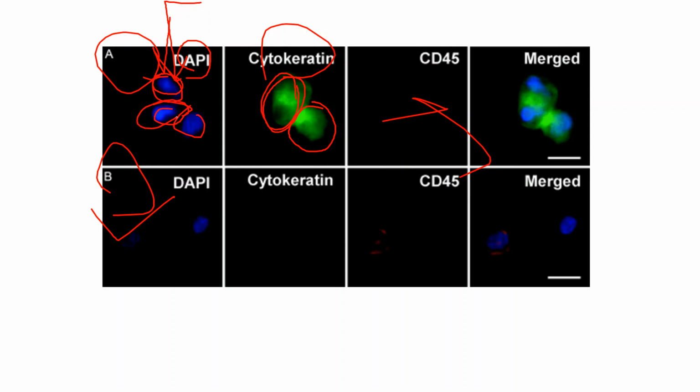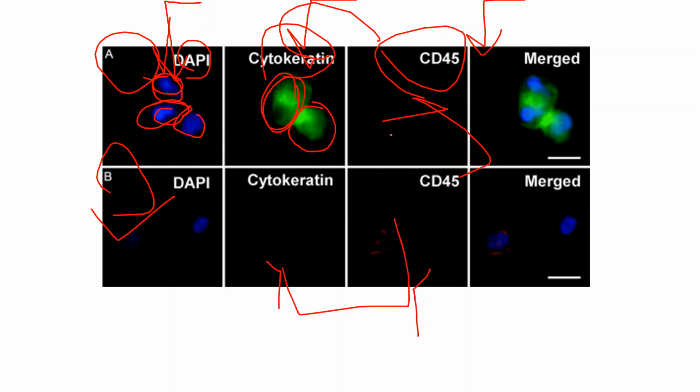Now we have to add this. This is the cytokeratin, for which we add the particular primary antibody, and we add CD45 too. So two primary antibodies we are adding. Make sure that when we add these two primary antibodies, they are raised in different hosts. One may be raised in mouse and one in rabbit, so that they will give different colors. If they are both from the same host, then both will give only the green signal, right? If we want to see them together, but here we don't need to, because CD45 is not present, right? And we can see that this is the merge image.